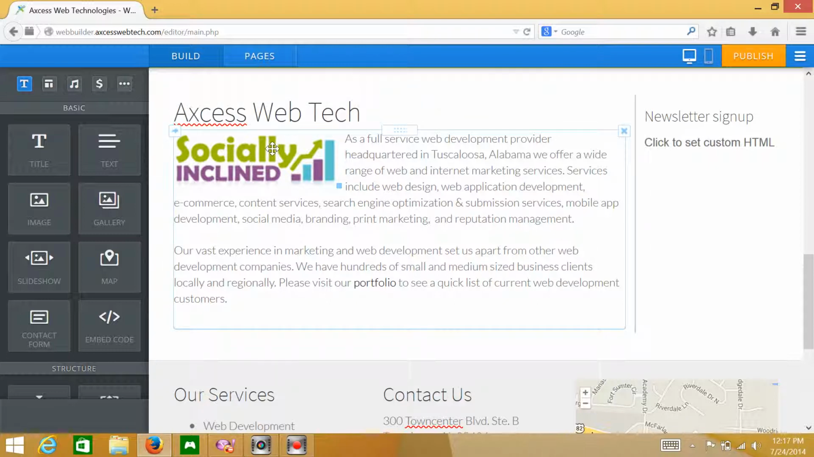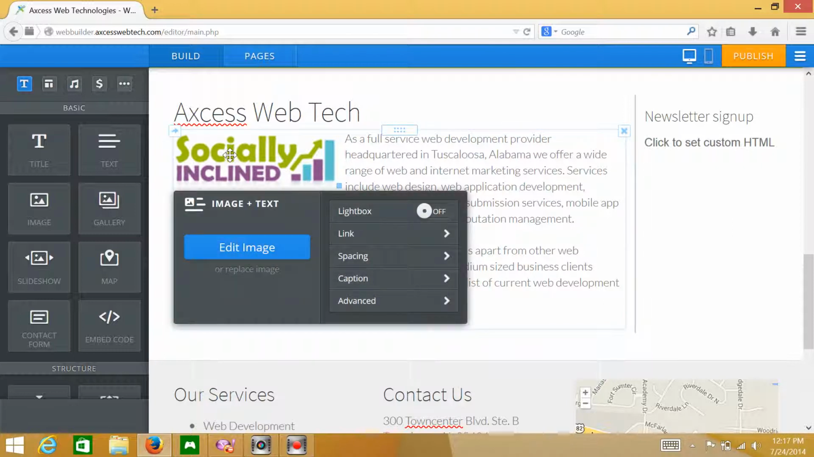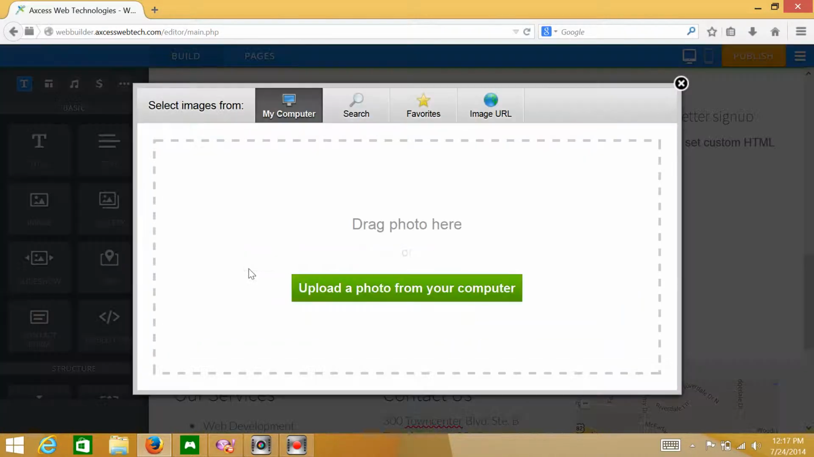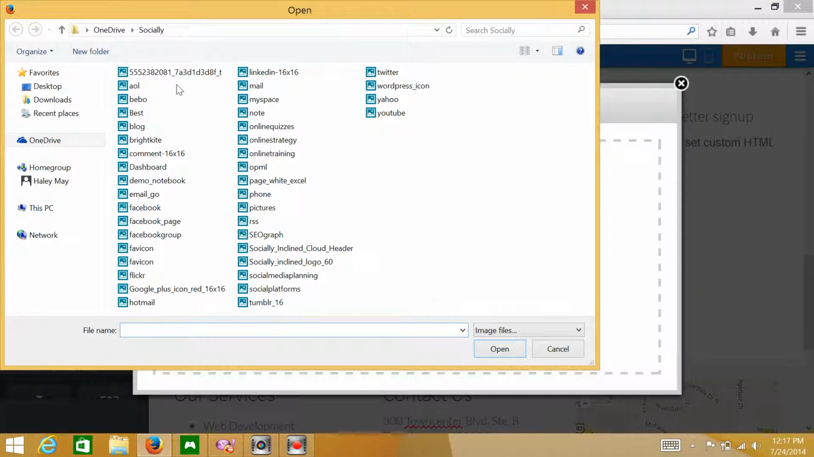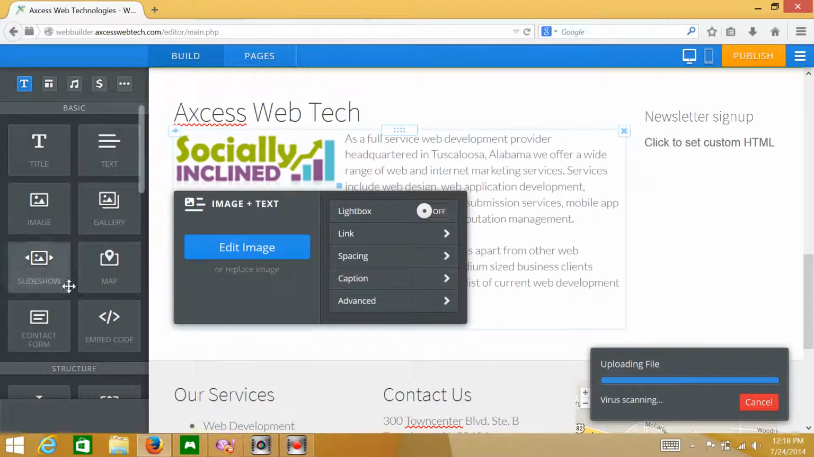If you want to change this photo here, of course, I've changed it several times, showing some demos. You just click on the photo. It'll show up here. You click on this here where it says replace image. It'll bring you here. Click upload photo from your computer, and it'll bring you into your files. So I'm just going to click a random photo for now to upload,